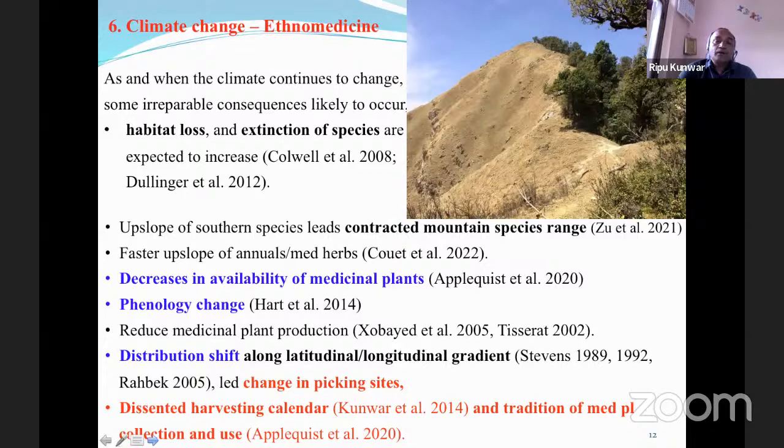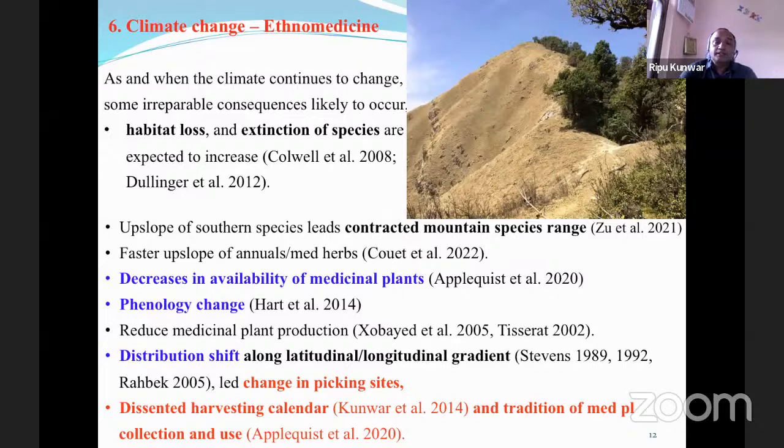Even some annual medicinal herbs upslope faster than other species. Decrease in availability of medicinal plants, phenology change, reduction in medicinal plant production, or change in secondary metabolites, or distribution shift along the latitudinal and longitudinal gradient, and then all of these lead to a change in the picking site. So all these, the decrease in availability, change in the phenology, change in the distribution, or the change in the metabolite or production,